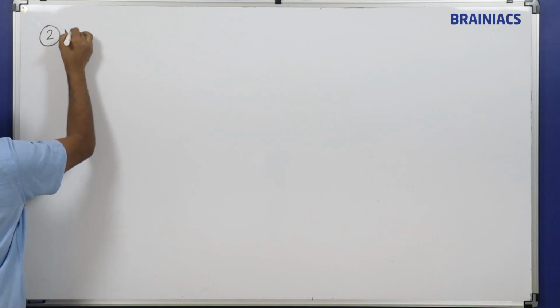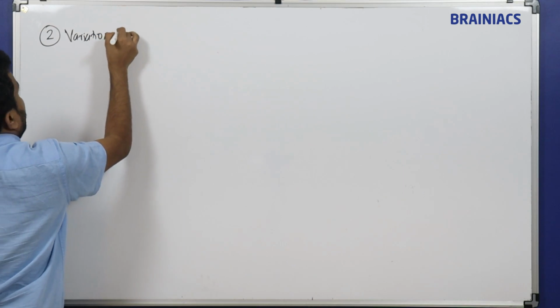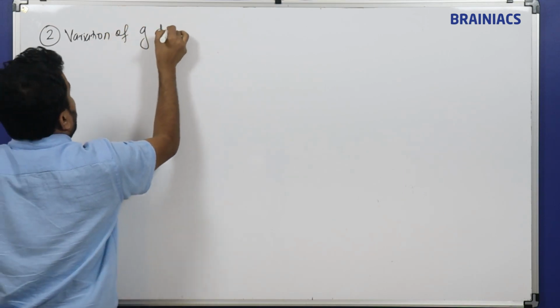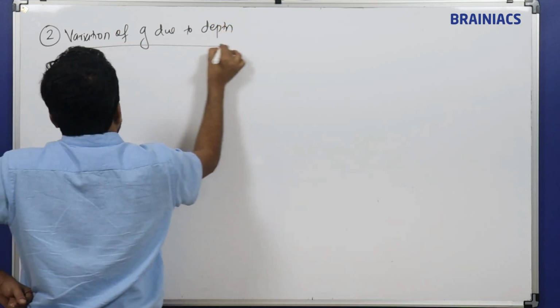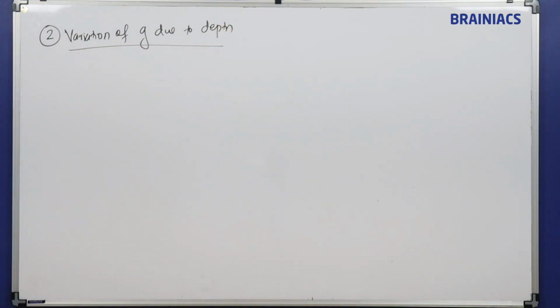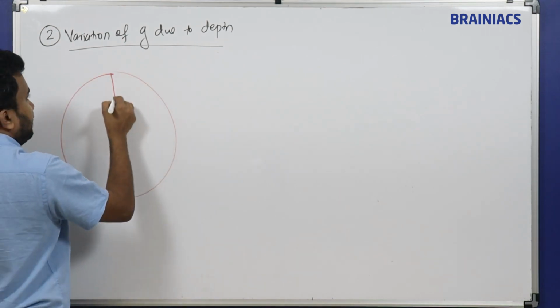Second one, variation of g due to depth. Variation of g due to depth. Okay, so here we have an earth, and at a distance of d depth away,